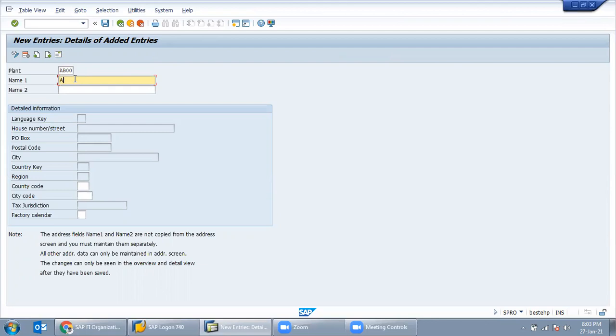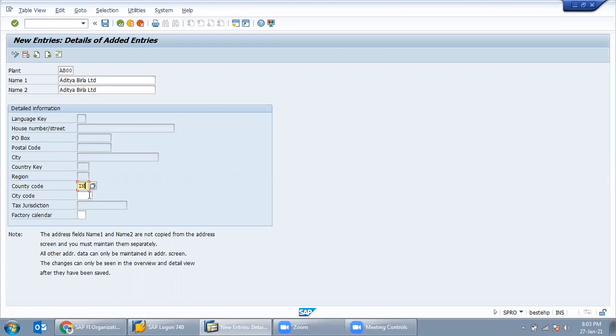In the name, Aditya Birla Limited. And just give the country code. Country code is IN.